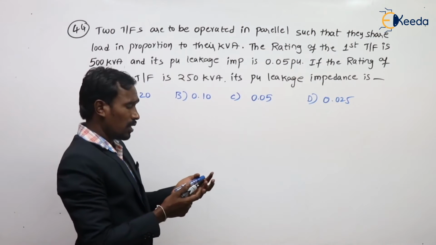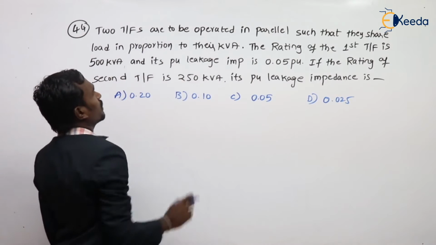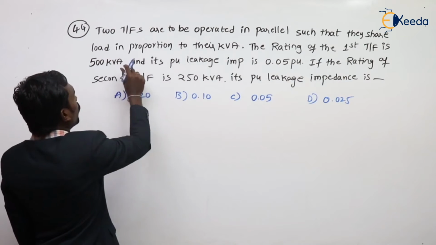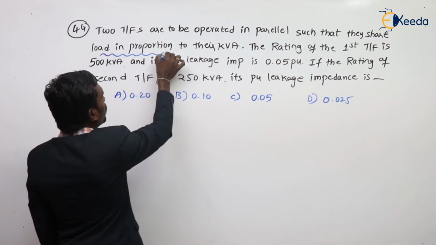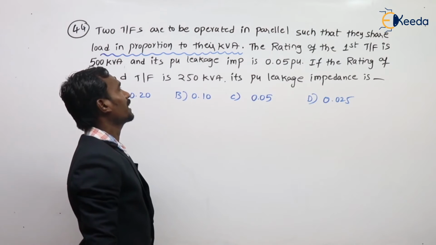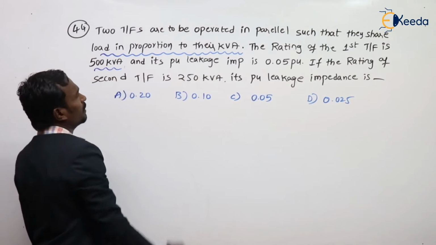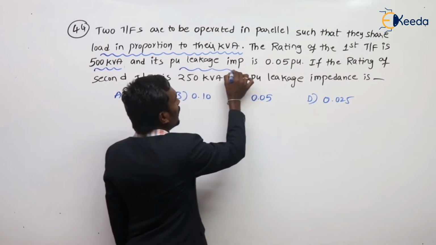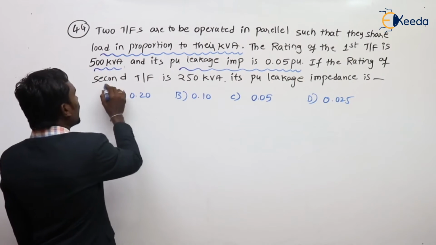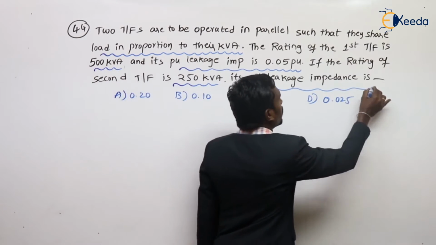Understood? On load sharing in parallel operation, two transformers are to be operated in parallel such that they share load in proportion to their kVA. The rating of the first transformer is 500 kVA and its per unit leakage impedance is 0.05 per unit. If the rating of the second transformer is 250 kVA, its per unit leakage impedance